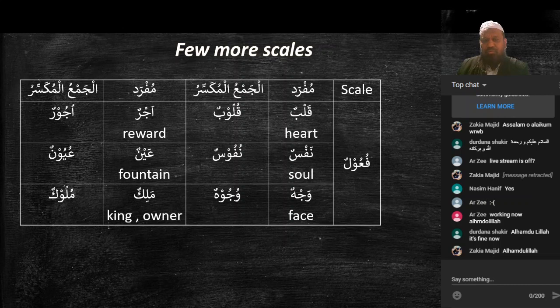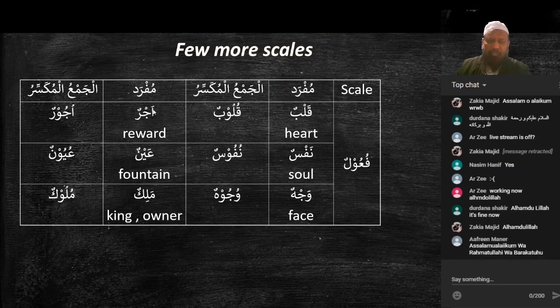Another pattern, Fu'ulun. The first letter has the Dhamma, the second letter also Dhamma. After the second letter we have a Waw. Qalbun, which is heart, Jama, Qulubun, falls under this scale. First letter Dhamma, second letter Dhamma. After the second letter we have a Waw. Qulubun. Ajrun, so we make the first letter Dhamma, the second letter Dhamma, and we add the Waw,